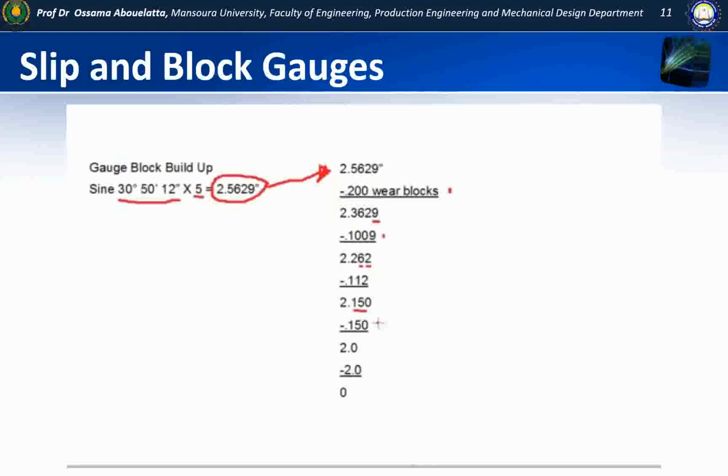Okay, so if we go into the third set of gauge blocks and we choose a 0.150, it will now give us a remainder of 2 inches, and then we'll choose the last gauge block, which is 2 inches, and that will give us a remainder of 0. So the gauge blocks we're going to use are going to be 2 inches, 0.150 inches, 0.112 inches, 0.1009 inches, and 200 thou wear blocks, which are going to give us a total of